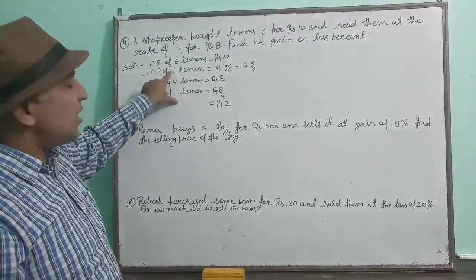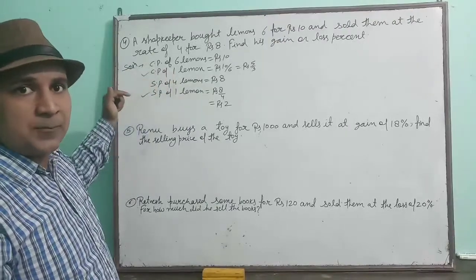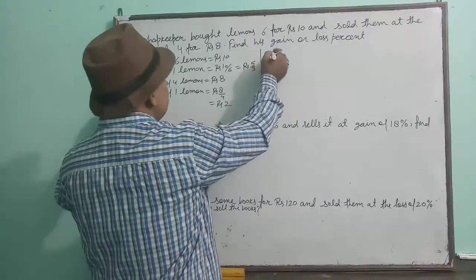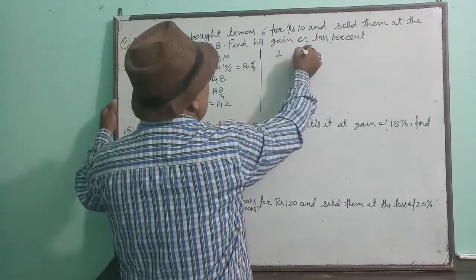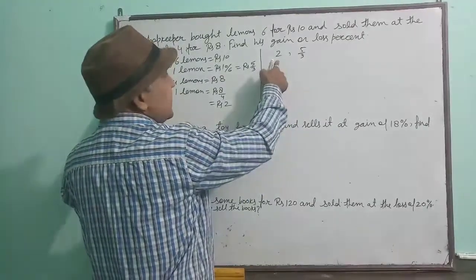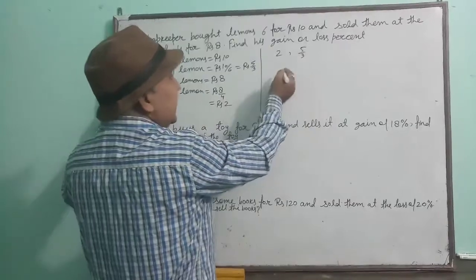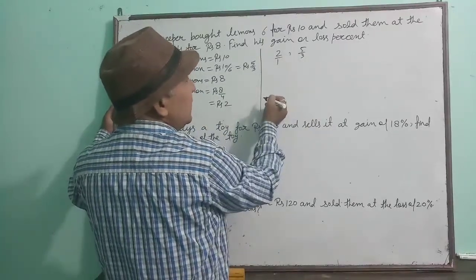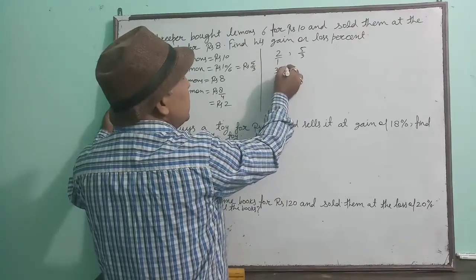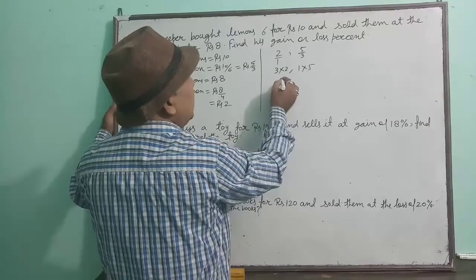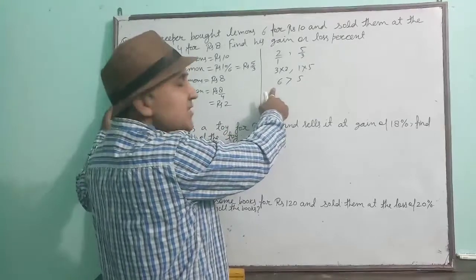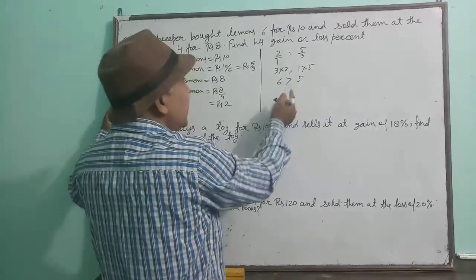Now the number of articles is the same for the cost price and selling price, so we can check whether there is gain or loss. To check it, selling price is 2, cost price is 5 by 3. Which one is greater? This is the selling price, this is the cost price. To check it we will do the cross multiplication. 2 can be written as 2 upon 1. By cross multiplication, 3 into 2 and 1 into 5. So we are getting that the left hand side is greater than right hand side. That means